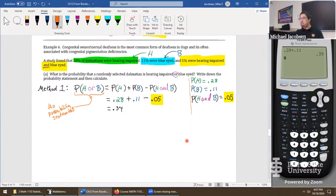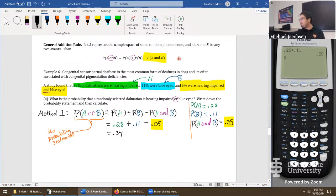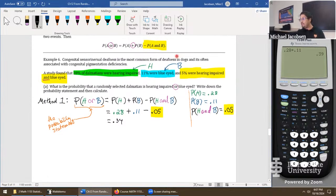So we're done with part A, but for the folks who like to think of the probabilities in a more visual way, here's method 2. So method 1 is totally analytical. What we mean by that is all we did was analyze the information, find the right formula that fits, and substitute the information into that formula. So that's the analytical approach. Method 2 is going to be more visual. So method 2, we're going to use